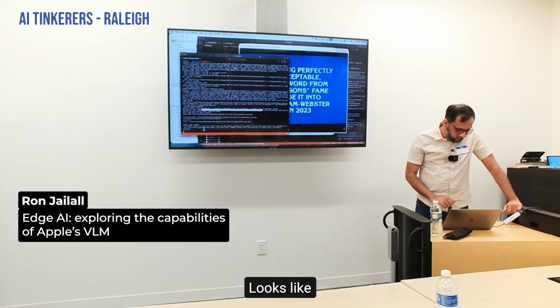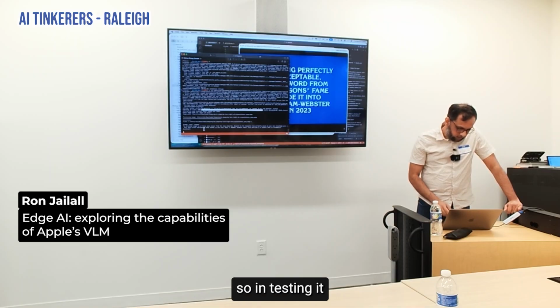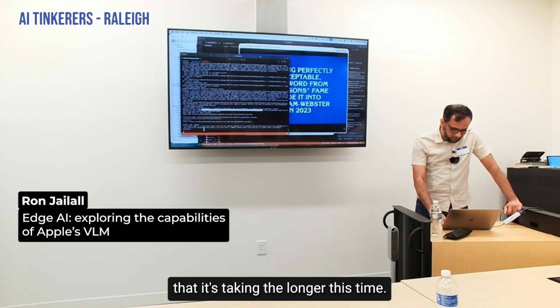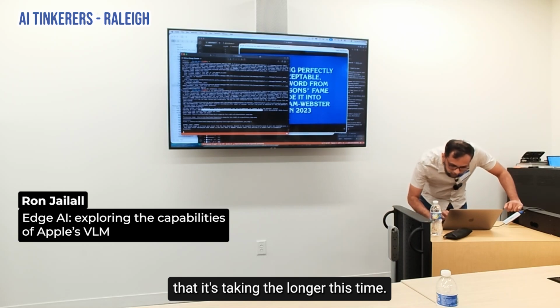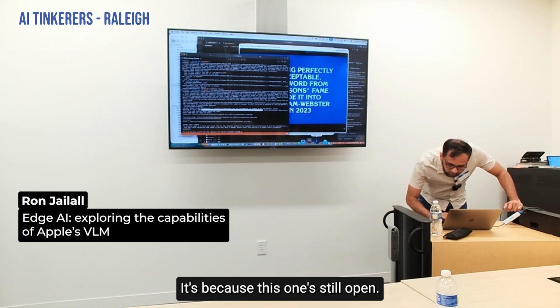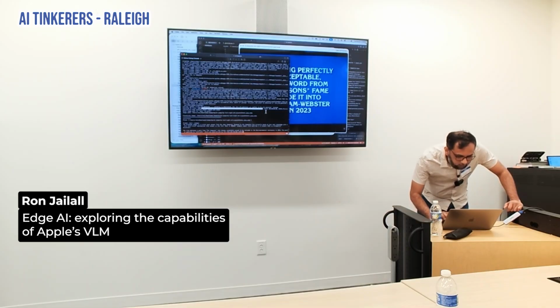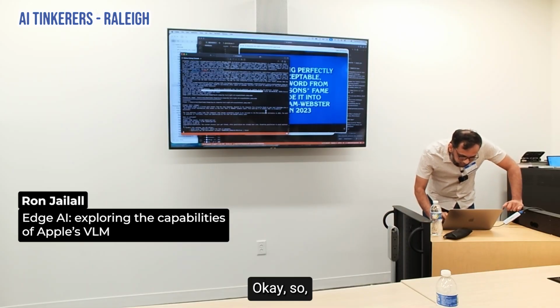Okay, it's still running, it looks like. In testing, it normally takes about 10 seconds, but it's taking a little longer this time. Oh, it's because this one's still open. It's sucking up all my RAM. Okay, so